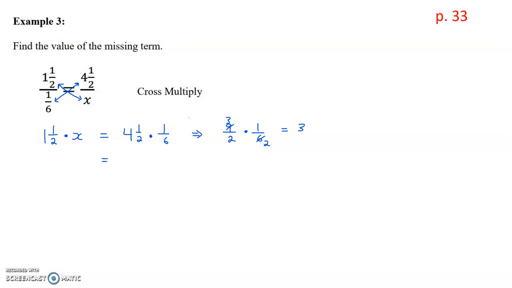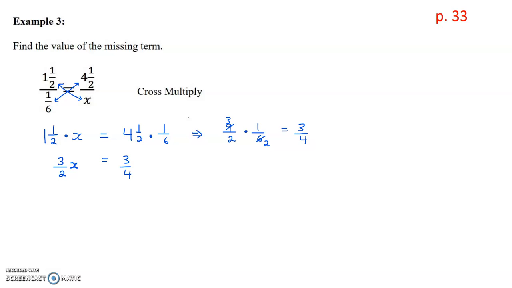So that's going to give me 3/4 over on the right-hand side. On my left-hand side, I have 1.5 times x. Well, I'm going to change that 1.5 to be 3 over 2 times x